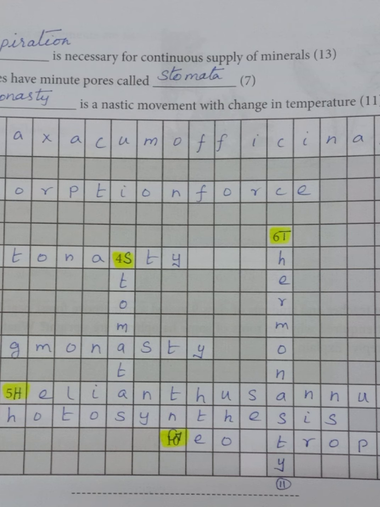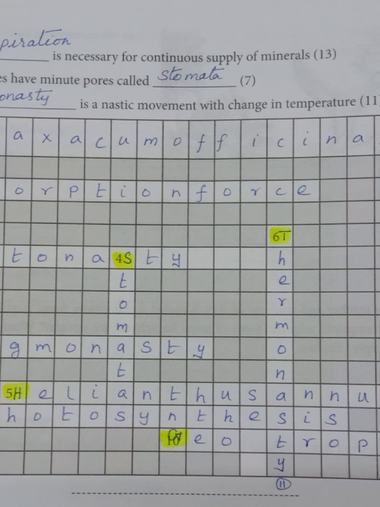Crossword puzzle. 1. Dash blooms in morning and closes in the evening. Taraxacum officinale. 2. The light energy is converted into chemical energy during dash, photosynthesis. Dash follows the path of the sun from dawn to dusk. Helianthus annuus. Transpiration creates an dash in roots. Absorption force. Response of a plant part to touch stimulus is dash, thigmonasty.